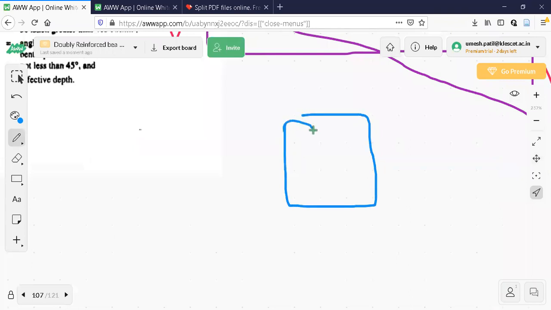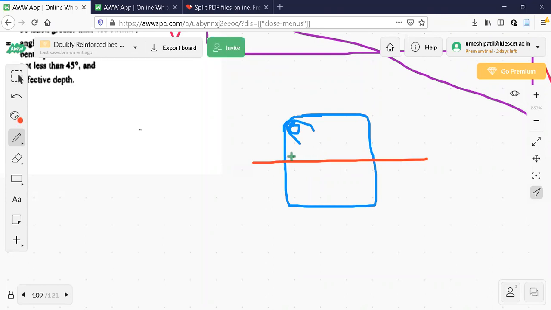Actually, it starts like this initially. Then it surrounds the bar here. It surrounds the bar. The bar is here now. Now, if I take a section here, what is ASV? I'm trying to tell you. If I take a section here,